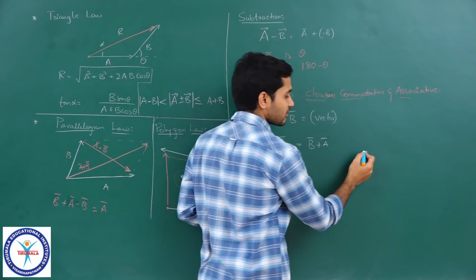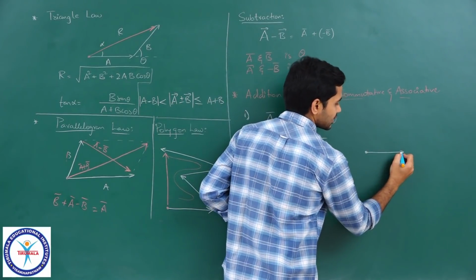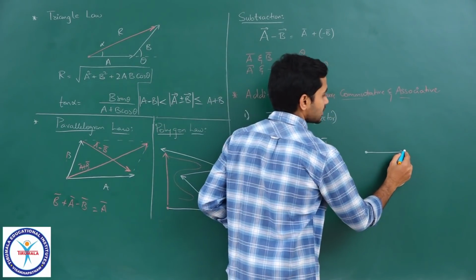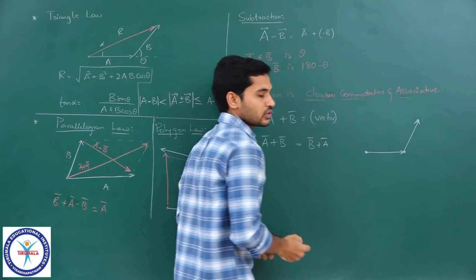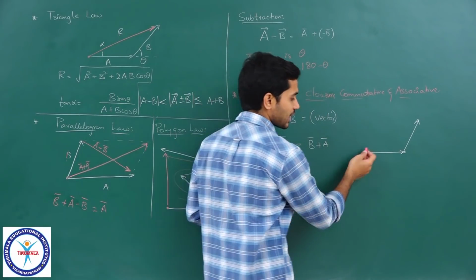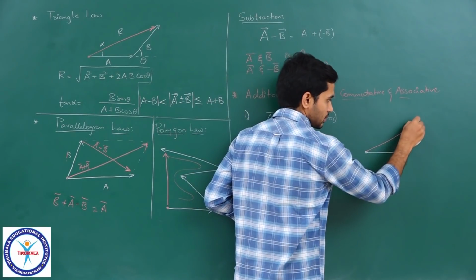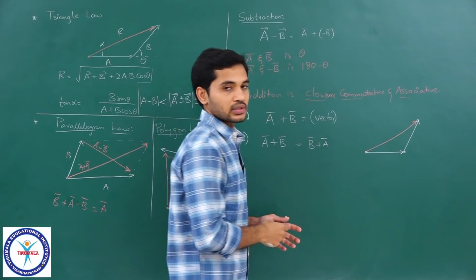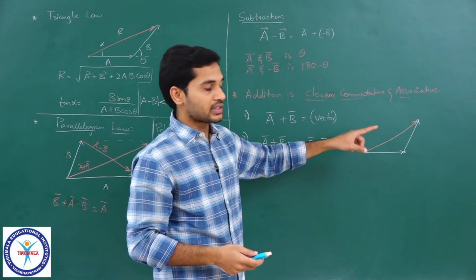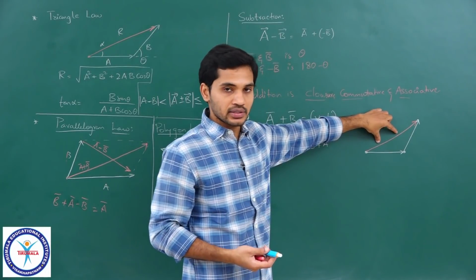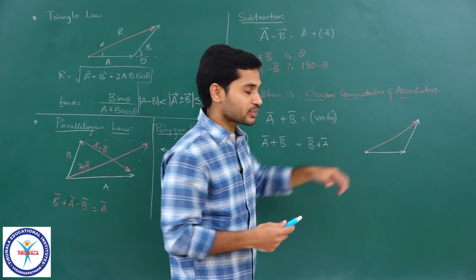If I am starting from here and I am traveling like this, I have reached this point. So, this is my first displacement and this is my second displacement. In this particular scenario, can I say that from my starting point, this vector towards the end point or the final destination would be my resultant vector, the net displacement, correct?